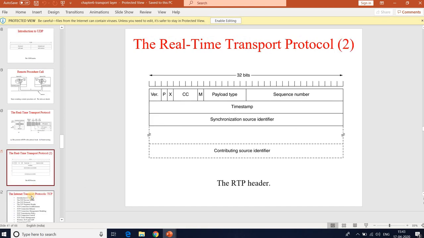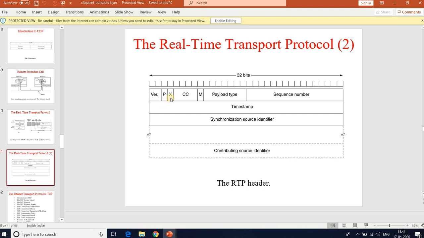Coming to the Real-time Transport Protocol RTP header, we have some fields. The first one is the version. VER stands for the version field; it is a 2-bit field. P indicates the packet has been padded to a multiple of 4 bytes.